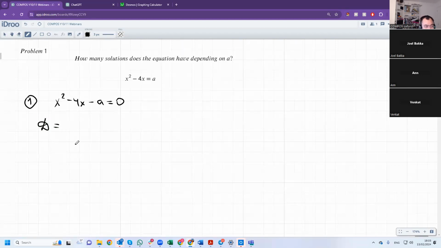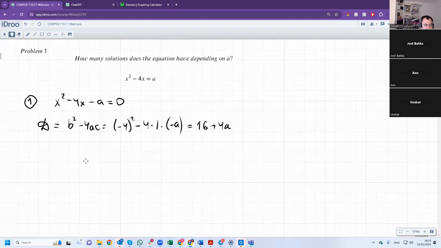The discriminant of the quadratic equation is b squared minus 4ac. So in this case, it is minus 4 squared, minus 4 multiplied by a, which is 1, multiplied by c, which is minus a. So it is 16 plus 4a. And we know that if the discriminant is